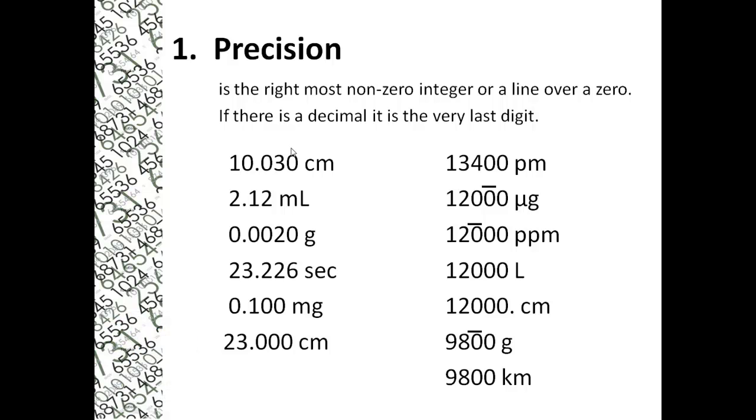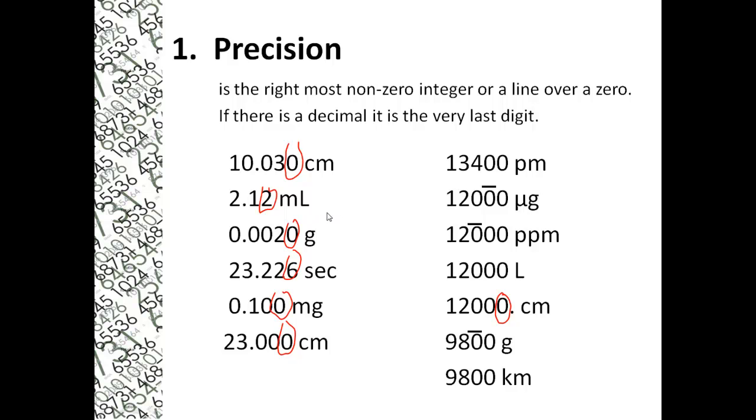And so we have the thousands place, we have the hundreds place, it's got a decimal, so it's the thousands place. I'm sorry, this was a 10,000s place. It's got a decimal, so the thousands place is the end of the precision. Over here, where we don't have any decimals except for right here, in that case, we know that the very last digit is the end of the precision,